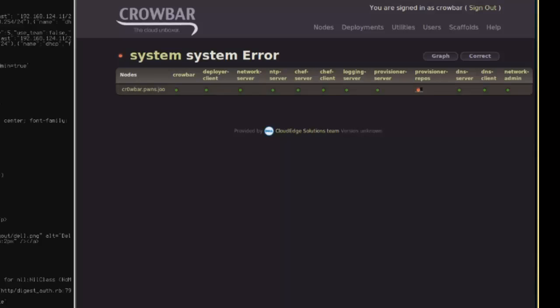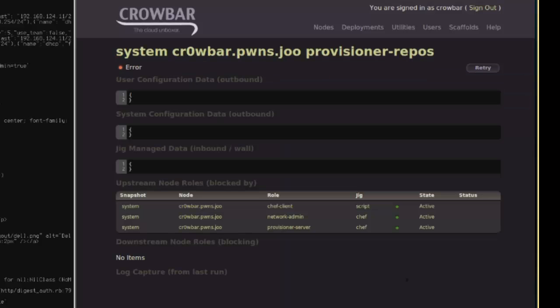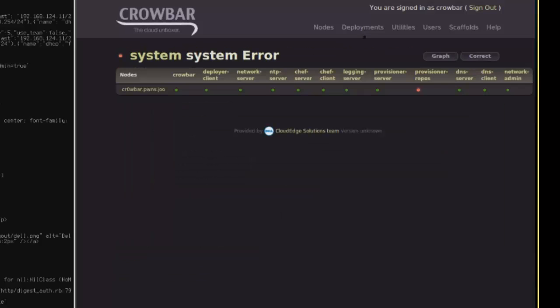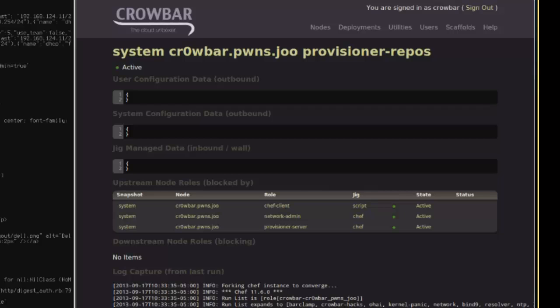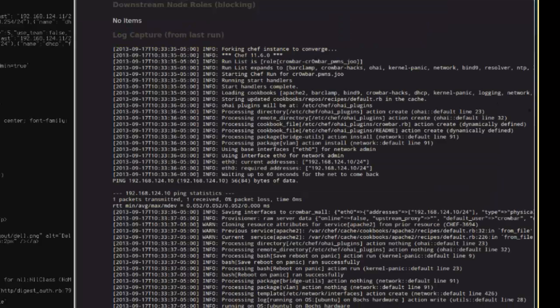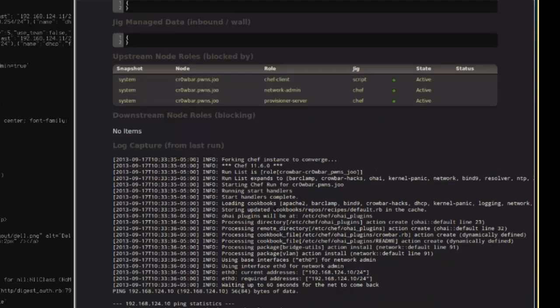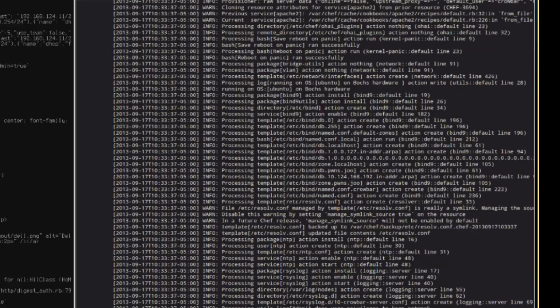Okay, well, let's go ahead and take a look and see what failed in that provisioner repos run. No logs, which probably means that my intermittent SSH glitch caught me again. So let's rerun that. One of the things you can do if there's a specific error is there's a retry button right there. And now it's active. And we can go in and see that Chef Client did in fact run, figured out all the networking information that it needed, converged the network on the admin node, wrote back what it did,